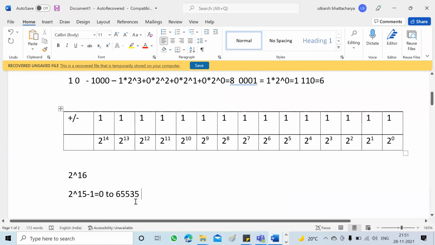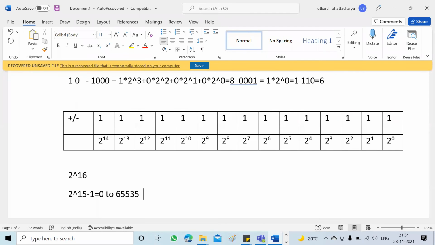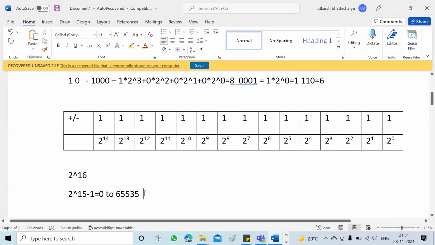Right. Okay. So now this is going to be the case if we are trying to represent positive integers only. But now we have both positive and negative integers, right? So in a 16-bit system, if you are going to represent the negative ones also,